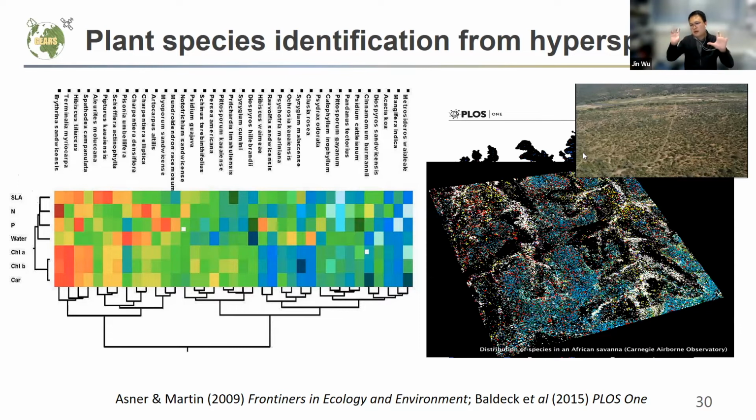Now imagine you have a hyperspectral camera on board a drone or airplane, and fly through a large landscape. Using this kind of data library you build up, you can easily tell different species apart in the landscape as well. In other words, we can infer plant biodiversity from space using the hyperspectral remote sensing technique.